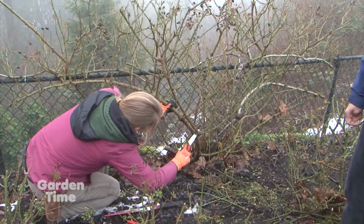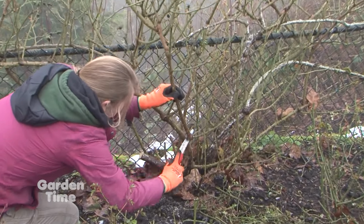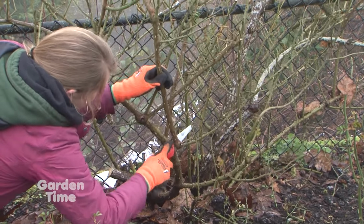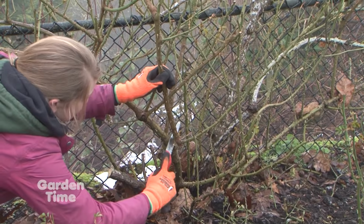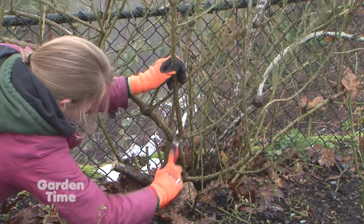So once I get this cut, you see a little bit better about what I'm going to do to the horizontals. And Rachel, it's March now, so we could have done this in the fall, but it's really not too late to do it now. Yeah, it's not too late to do this. I would recommend doing it when you're doing your wind pruning. Start working on